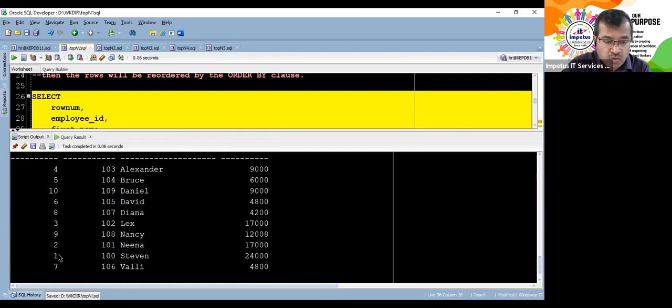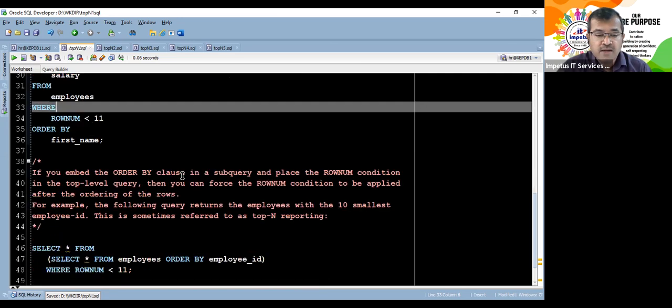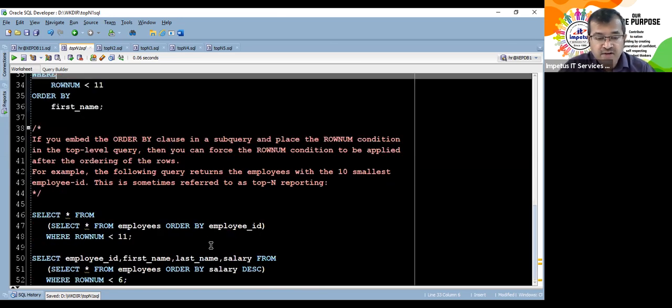But if you note these row numbers, these are the first 10 row numbers. That means it is telling us the physical position of those records inside the table. So the first 10 records from the table have been fetched. But we are not interested in the first 10 records where the record is physically stored. Rather, we are most of the time never bothered about where the record is stored inside the table. Our analysis is based on some criteria by which you order the elements, and in that order, who is the first or the second element. Now, if you want to do that, you have to use it in a different way.